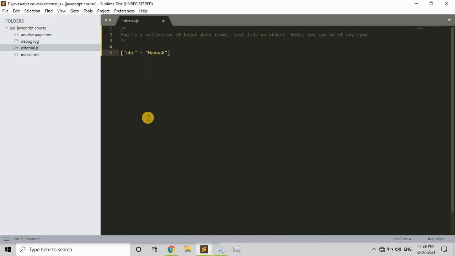So this is what we call a map. But again, guys, this is not a syntax for map. I'm just giving you a brief overview or a sketch to know how the map works in JavaScript, right? So this is how the map works. The key value items and the key can be of any type.